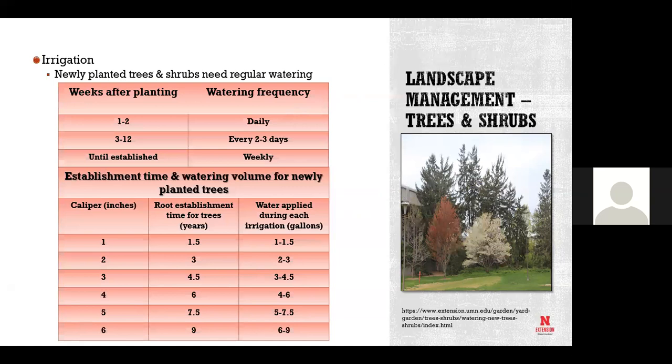So again, the huge thing is to think, if you know the source of things you already have, that's very important. If you don't know the source and you're buying something new, as Terry said, we have a couple of growers in the state, and we have some retail locations now that are selling plants where the root system has been grown properly.